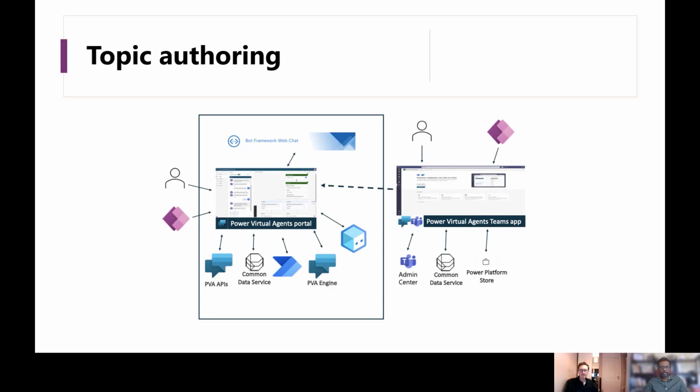We see a lot of our customers are not only building bots for external facing organizations, but also these bots are internal facing. We've seen customers building bots for their HR teams, their IT help desk, your finance teams, so that they can answer the employee queries. And the best way to reach the employees is through some tool which they're already using, like in this case, Teams, right? And that's why we have this capability which has been added in Power Virtual Agents as part of